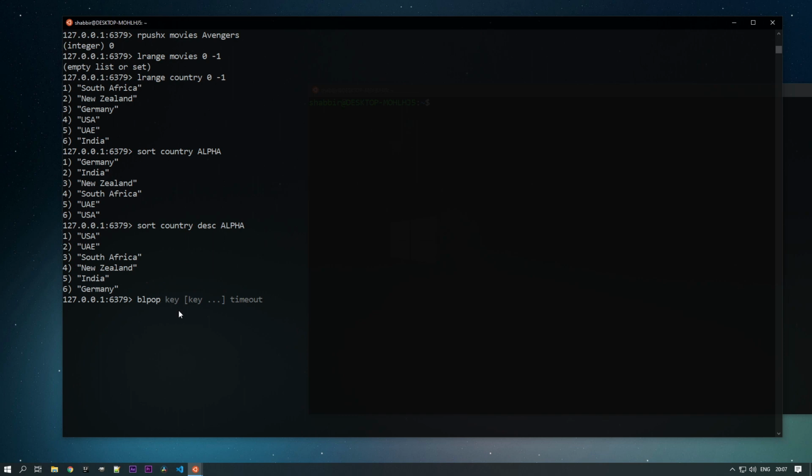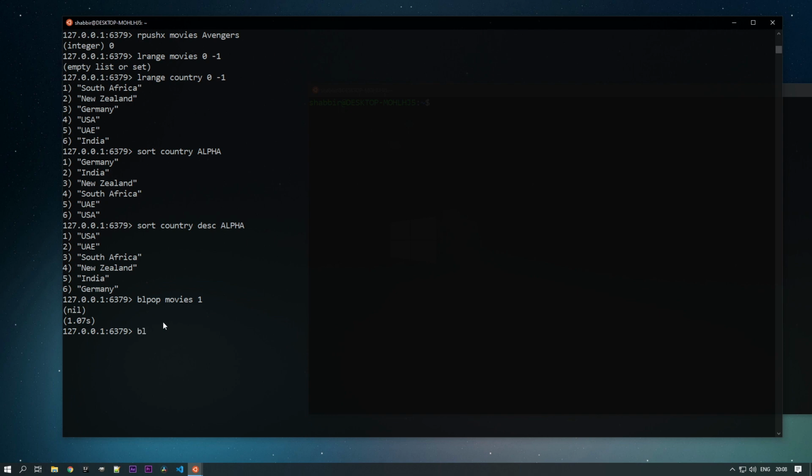In blpop let's specify a key. Suppose I'm passing movies. We know that there is no data in movies. So I'm passing a 1 second timeout. It will wait for 1 second and then it says nil. That means it was not able to delete any data.